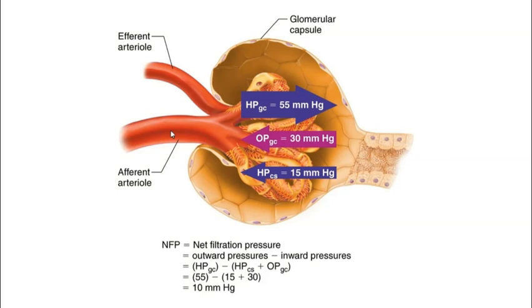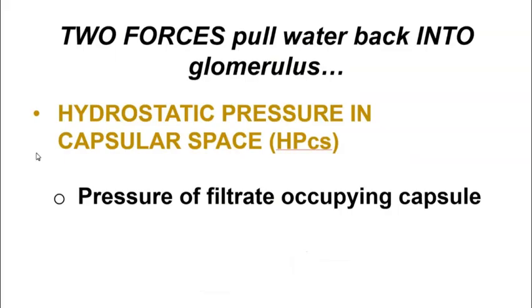A nice large diameter afferent arteriole is promoting a lot of blood flow into the glomerular capillaries, but we have a small blood vessel draining it, or the blood vessel that's leaving the glomerular capillaries is smaller in diameter than the blood vessel that's entering it. And so this promotes a high blood pressure in the glomerular capillaries. So that is the hydrostatic pressure in the glomerular capillaries pushes fluid out of the blood vessels and into the